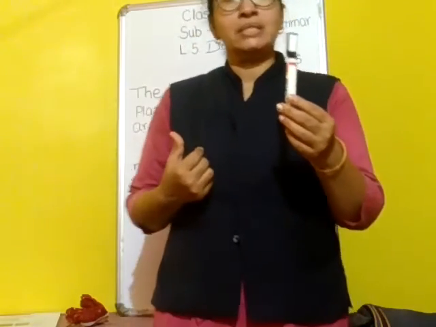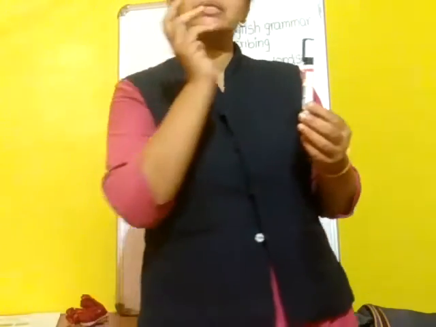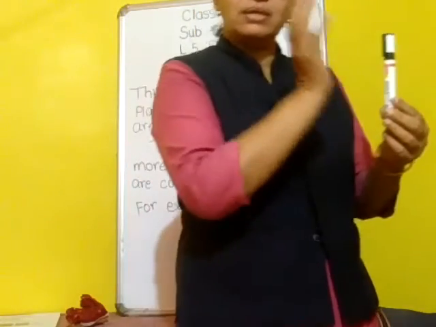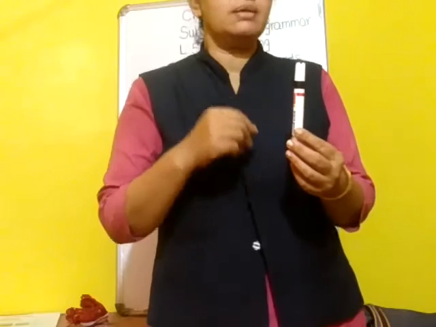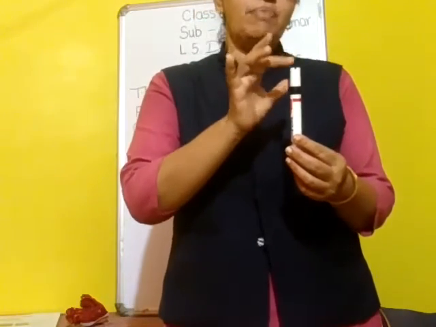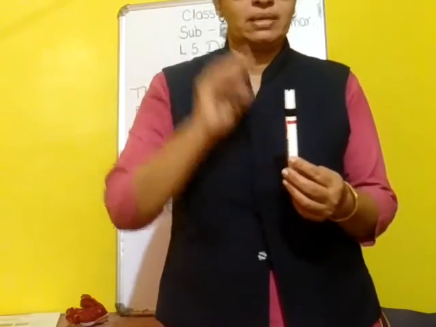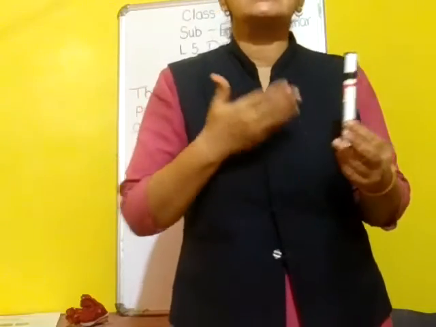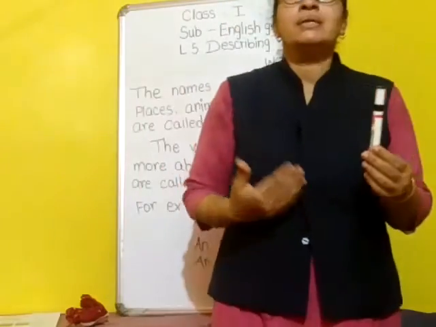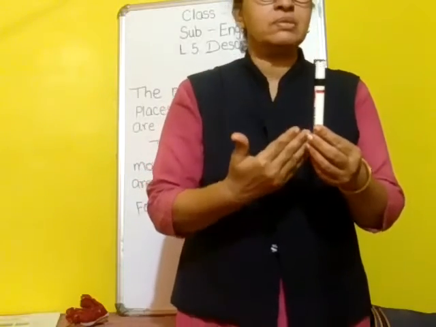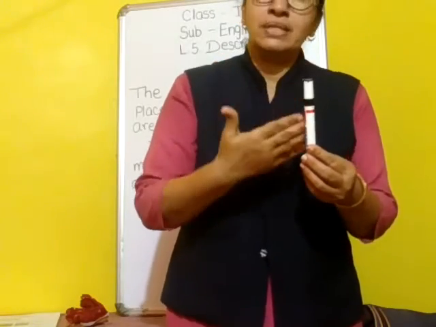First I only said this is a pen. From that you understood that this is a pen. It is a noun. But in the second sentence, when I said that this pen is of black, white and red color, then you get some extra information, more information about this pen, and that's why all these words, black, white and red, are